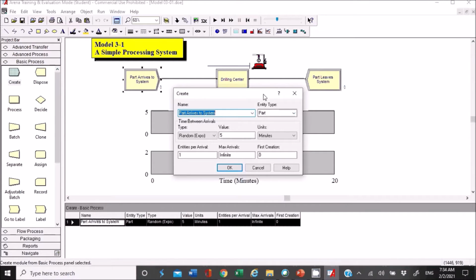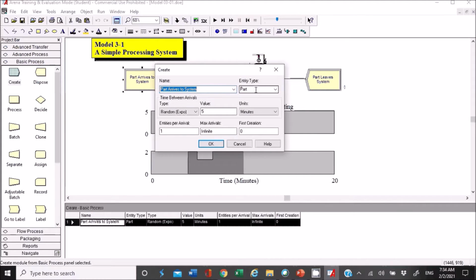In this case, we have a part or library, right? So this is an entity type, actually a part. You can use any other names if you want, but yes, let's use part as the name of the entity. And then you also need to set the first generation of this entity. Okay, over here,